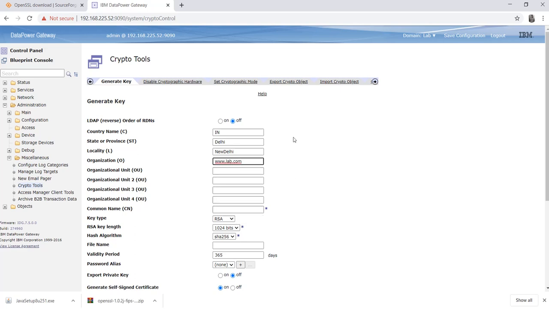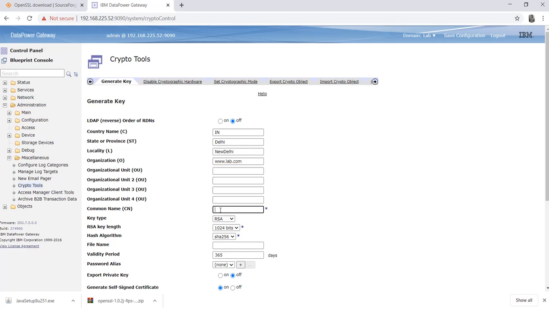For training purposes we are just keeping any name here, but in your real environment, like dev, UAT, and production, you should fill in all these details very carefully. You should mention the organization name, and the most important part is the common name.